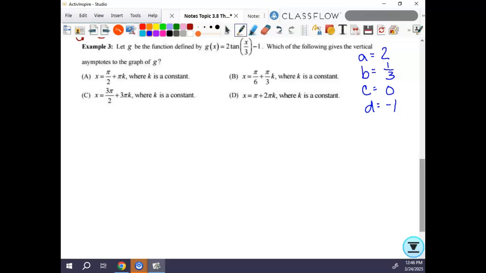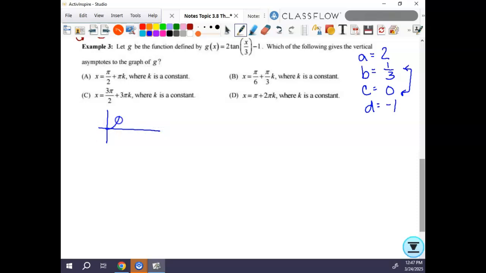Okay, so think about your vertical asymptotes. If I have a vertical dilation, I can stretch and compress vertically all day long. That doesn't affect my vertical asymptotes. I can shift it up and down all day long. Doesn't affect my vertical asymptotes. These are the two things that affect your vertical asymptotes: shifting it left and right, or stretching it or compressing it horizontally. I don't have a shift left or right, so I'm really only interested in the period, like the horizontal dilation. So